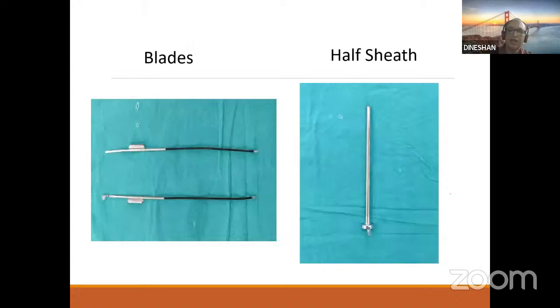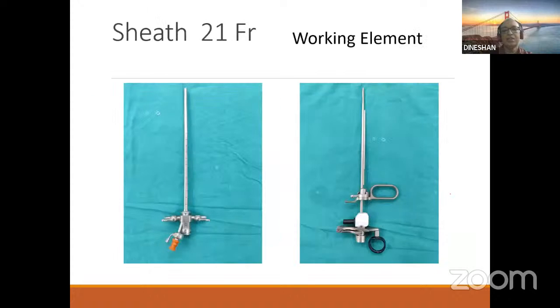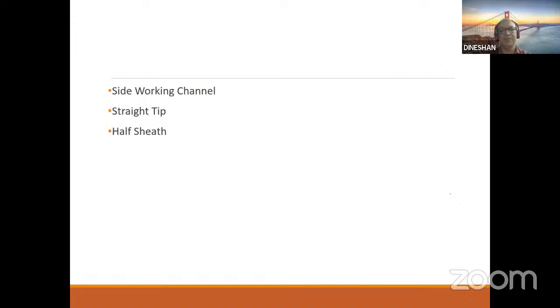Otherwise, another way of doing it, if you don't have the half sheath, is after you divide the stricture, you can pass a guide wire, retain the guide wire, and thread the catheter over the guide wire. These are the two ways in which you can manage a slightly difficult catheterization. But these are all when you use it for difficult strictures.